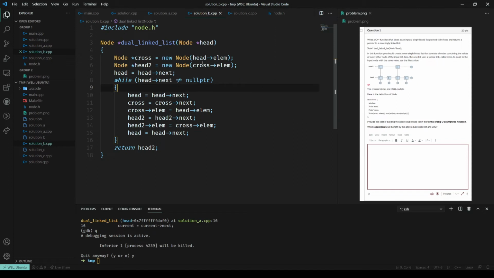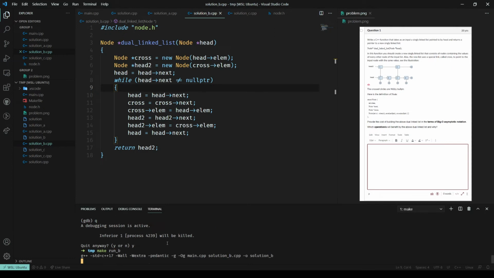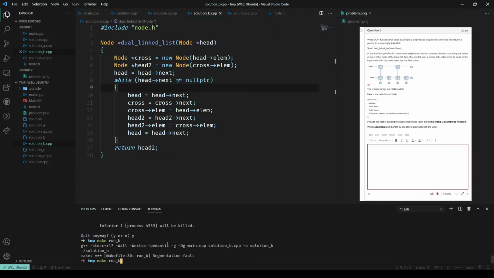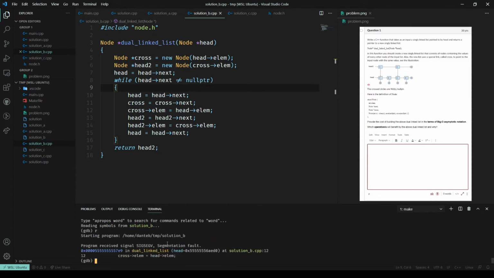Whenever we created cross at the beginning, we created it and it has no next pointer. It's null afterwards. So whenever we say cross equals crosshair next, cross is now null. We've just done that on line 11, and then on line 12 we say null arrow element. Remember I said if you have null arrow anything, it's a segmentation fault? So sure enough, if we do make run B, because this is solution B, segmentation fault, and if we run it through GDB, where we tell it R for run, the program sure enough stops on that line 12